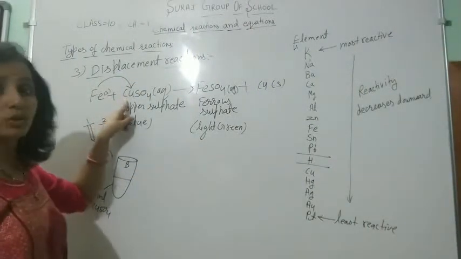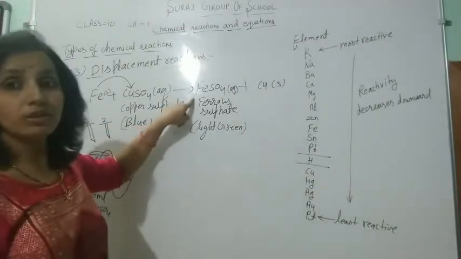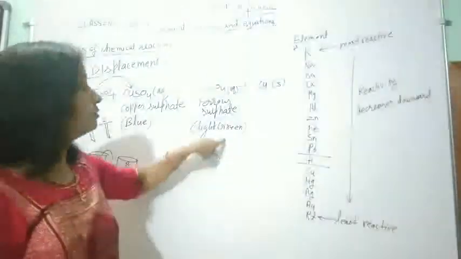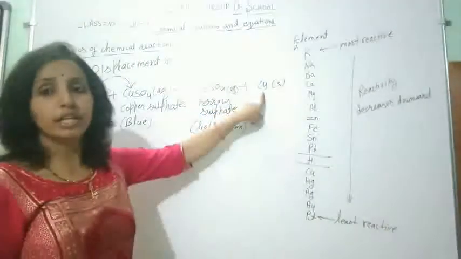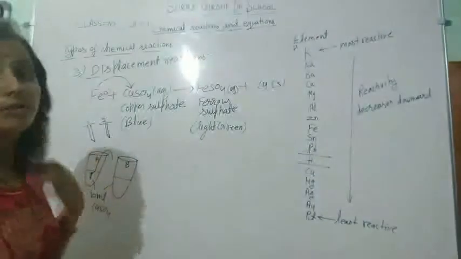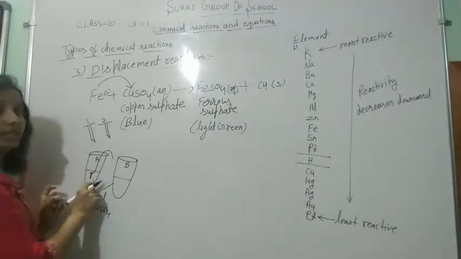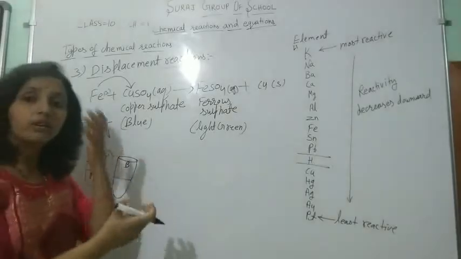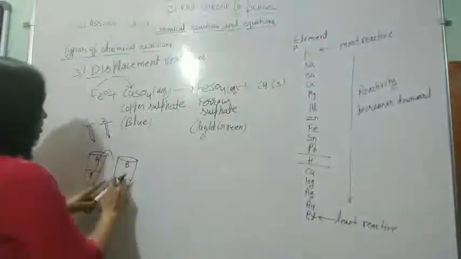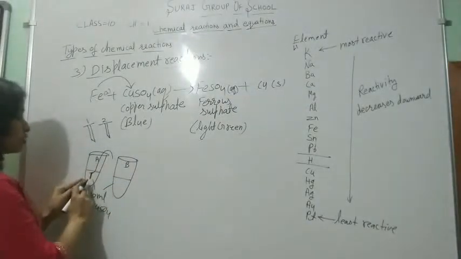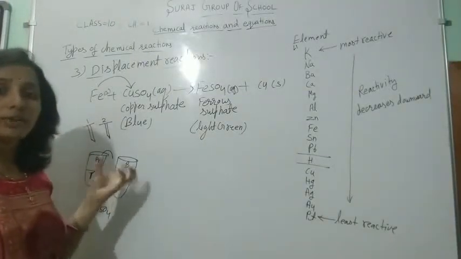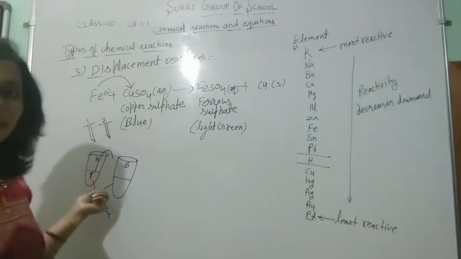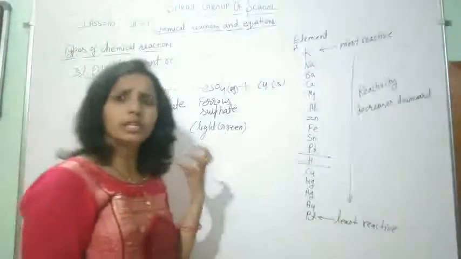From its aqueous solution and forms an aqueous solution of ferrous sulfate, which is light green in color, and along with this solid copper is formed. In this iron nail, we can see the fresh iron nail, which is greyish in color and shining in nature, and the bluish color. So in test tube A, the color of the solution starts fading. It changes from blue to light green color, and the fresh new iron nail